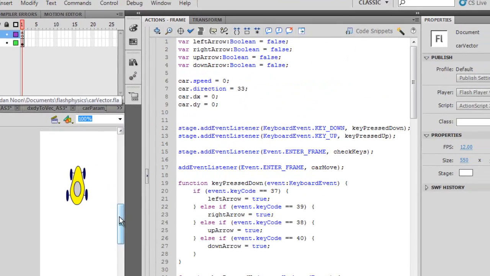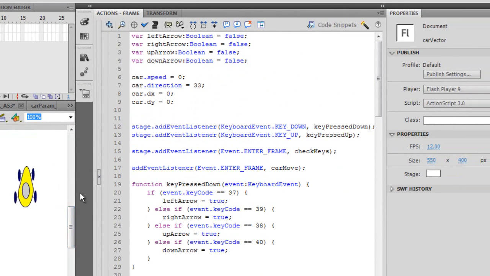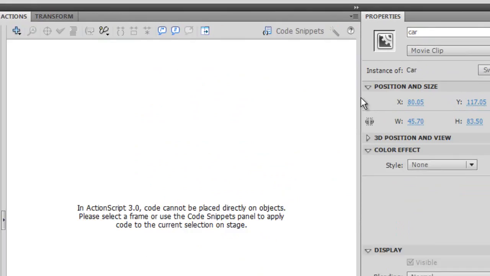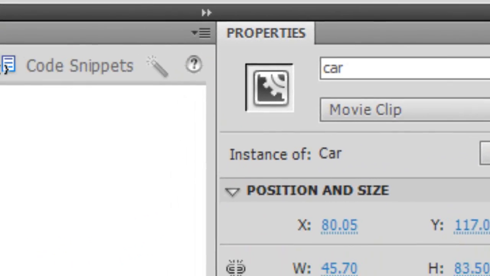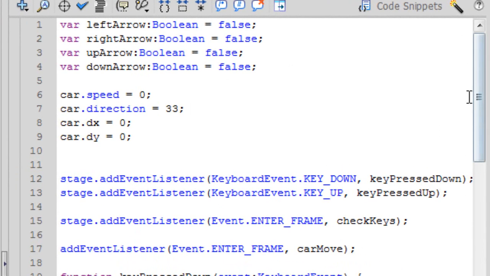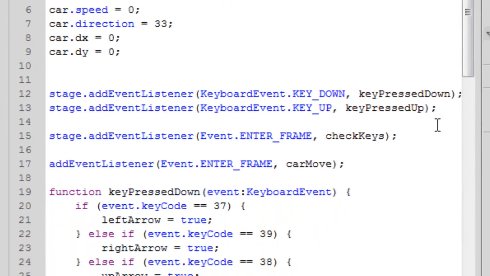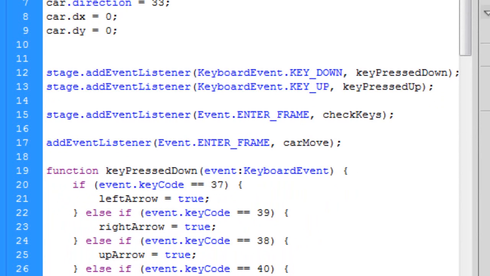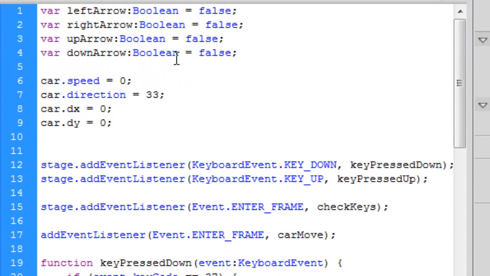Look at our car vectors here. So here once again is a movie clip, car, nothing fancy about it. But what I'm going to do here is I'm going to have my up arrow, down arrow, right, and left arrow keyboards. I'm going to add the keyboard events for key pressed down and key pressed up. I'm going to create these keyboard variables like I did previously in a video on just keyboard events